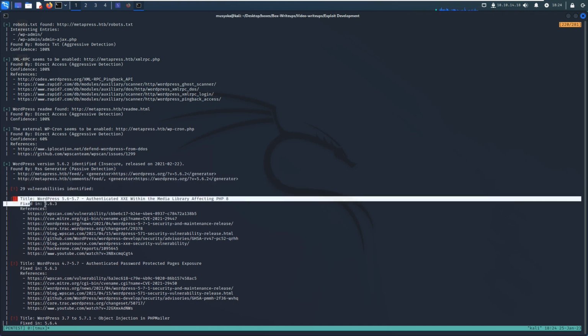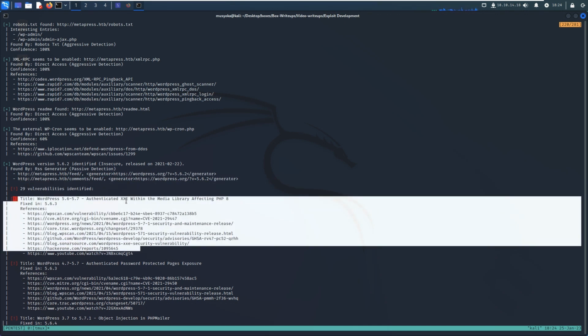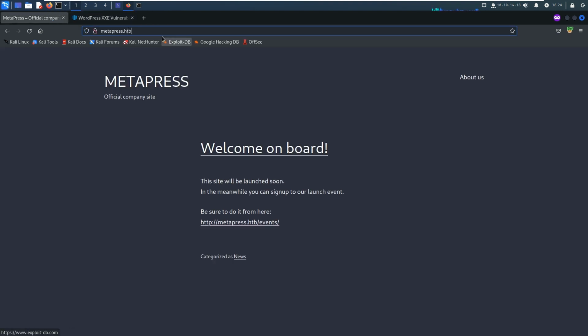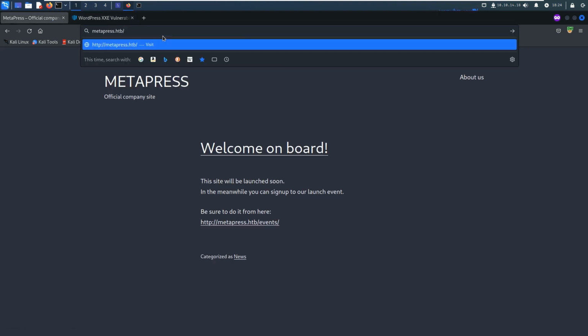But the one that we're mostly interested in right now is this one. It's the authenticated XXE within the media library, and it's affecting PHP version 8. So we've been able to use two ways to identify that WordPress is vulnerable to this specific exploit. Now, the next thing is to exploit it. But as you can see, there's one gotcha: you actually need to be authenticated to that application. So without the proper credentials, you won't be able to exploit this bug. I already have the credentials, but that's a story for another day of how I got them. But for you to be able to log in, what you need to do is go to WP